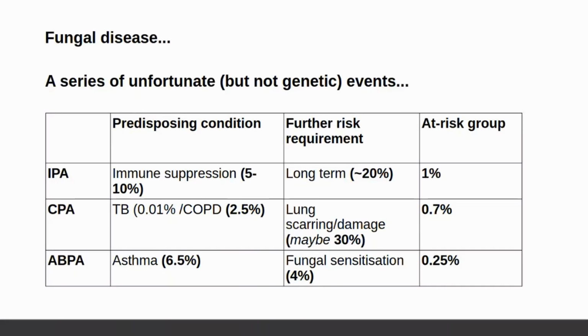So when you think about a question like, are my kids at risk when I pass this down, you don't often see familial invasive aspergillosis, chronic aspergillosis, or ABPA. It does happen sometimes, but it's very rare. And it's probably for this reason, because the non-genetic risk factors just don't happen to your kids or to other people. You've got to have this series of events that happened that aren't genetic at all. And then, after that, yes, the genes will become important.